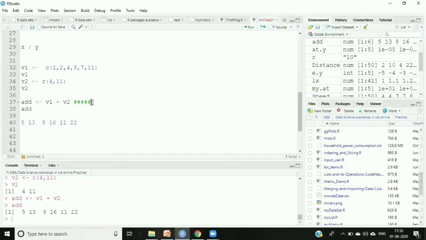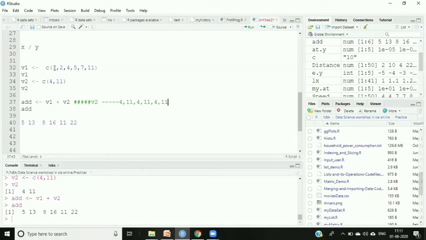So this v1 value we know, v1 is having 1 2 4 5 7 11, but here this will change v2. v2 will have the values like this: 4, then 11, and then again 4, again 11, again 4, again 11. So it will make its size similar to this one, and then it will do the addition.